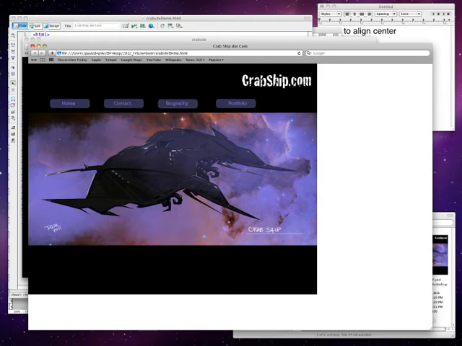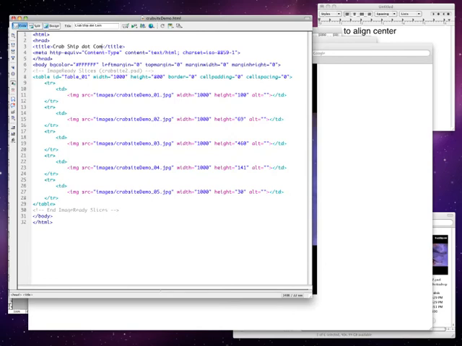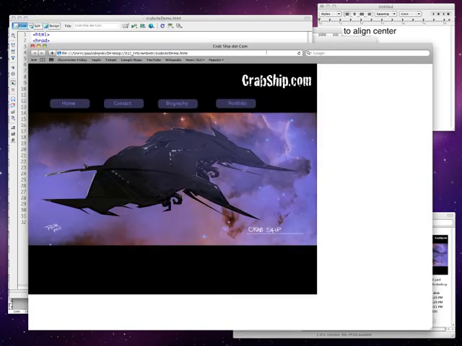This image does not look too hot on a white background, so I want to change the BG color, which is background color, from F's, which is all white. I want to change that to black, so I'm going to change from F's to 0. Say OK. If I save, reload,